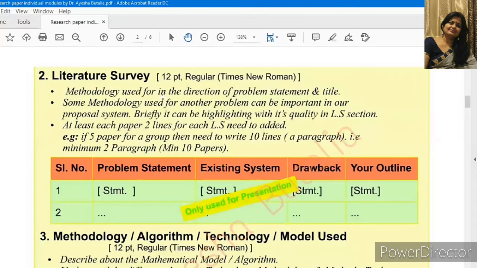So for any type of problem, when you define a problem statement clearly, you need to first understand what work people have done on it and how successful they were. When you find the drawbacks of that work, you try to overcome them in your work, if it's a type 1 approach. Otherwise there is no point in defining a problem statement which was already solved by another researcher. You are trying to propose a different or better solution. For that you should first understand what the previous solutions were, and that is the literature survey.